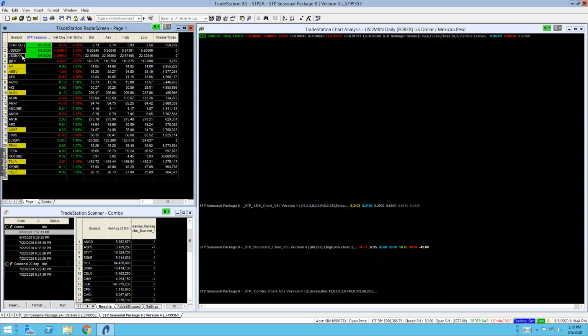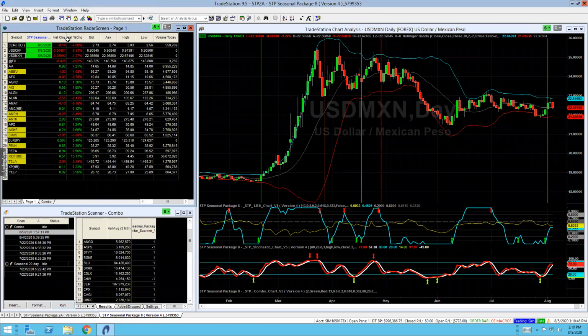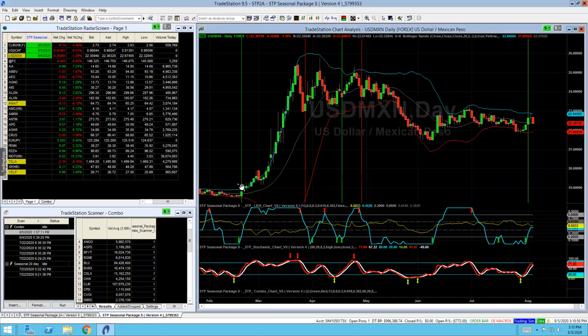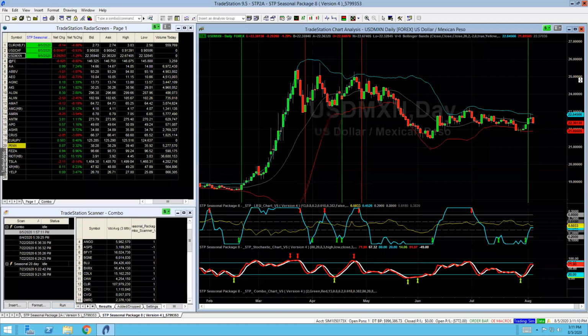Here's another one, the US dollar pairs. It just happens to be the triggers today are on the Forex pairs, right here. I like this one a little bit better than the last one we just looked at because we've been in an uptrend, consolidation down a little bit, but not a monster downtrend, so this is a potential good